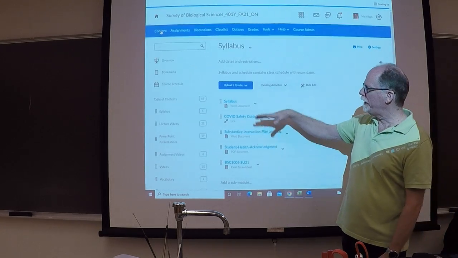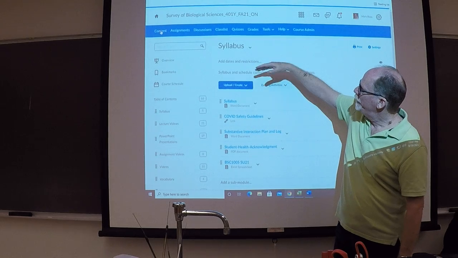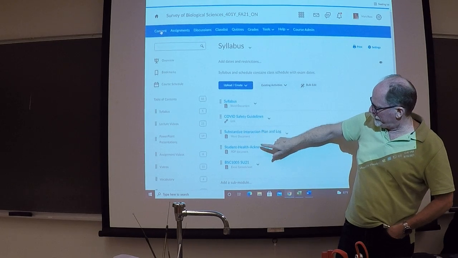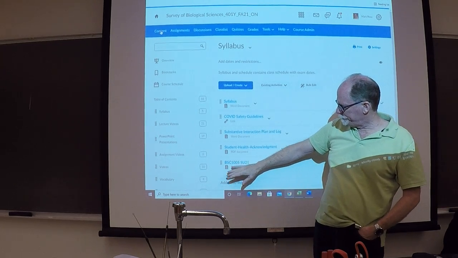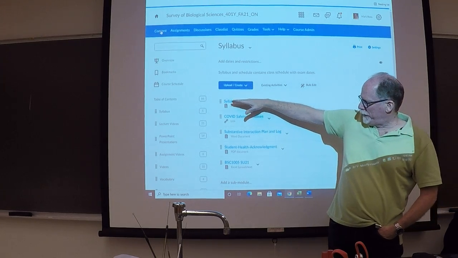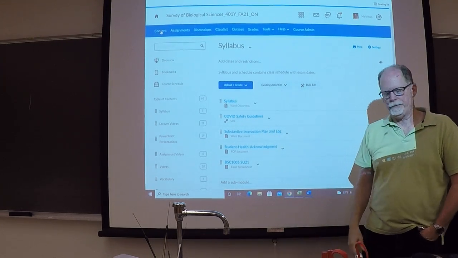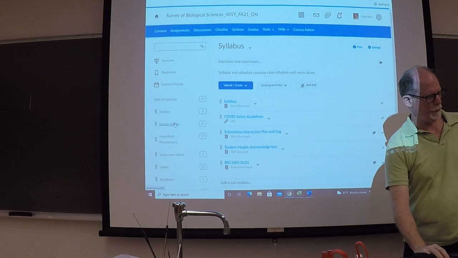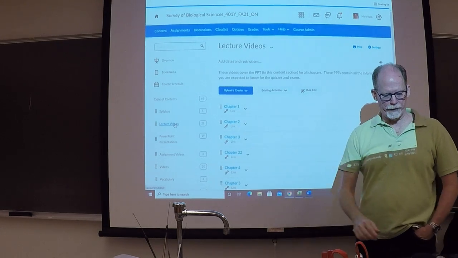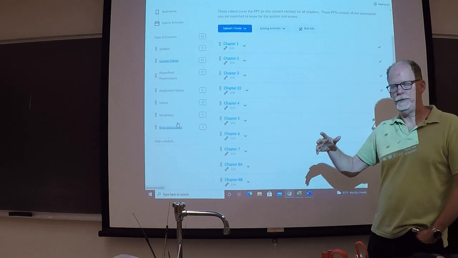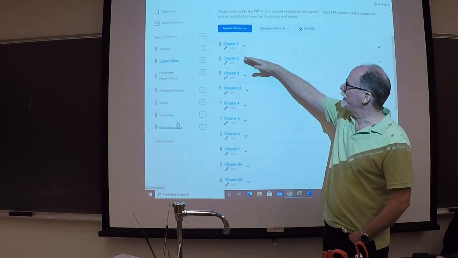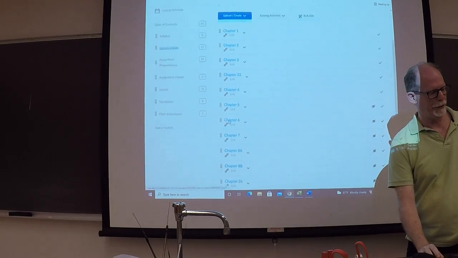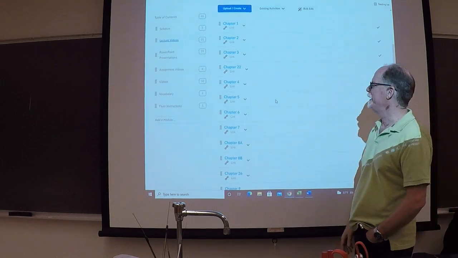Everything that's in the announcement is linked here in the content section. So we have the syllabus, COVID, and so on. If you wanted to read about the syllabus here, I might have a schedule if I revise it. I don't think I'll need to do that, but I might put that here. If you go through it quickly, all the videos that I have links for in the announcement, you could go into the content section and open the link there as well. You don't have to use the announcement to do it.